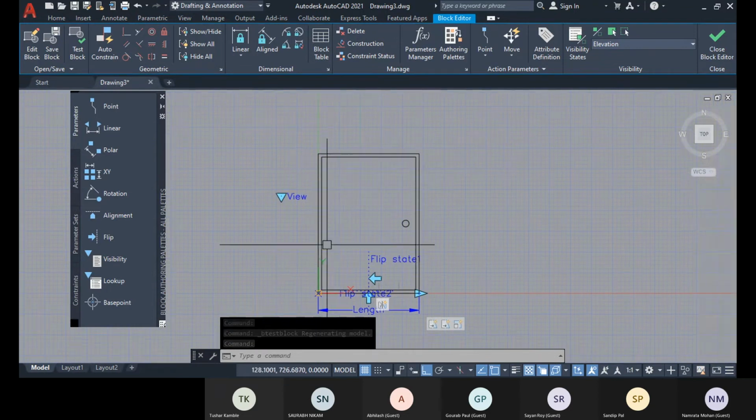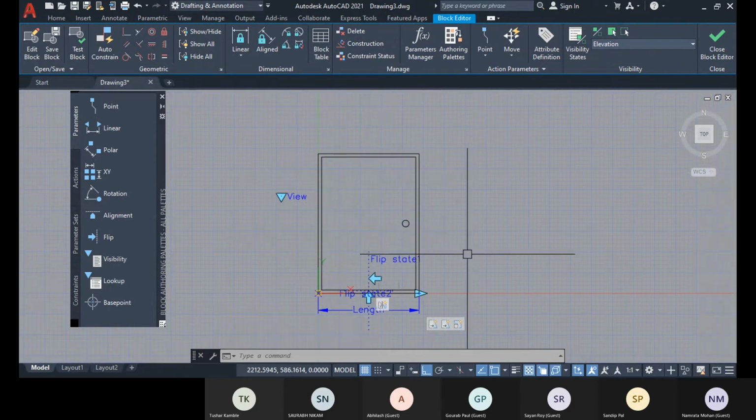All right, so I think you have the idea. So that will be the task for you guys, that you don't have to place with plan and elevation. You have to specify with 30°, 45°, 60° and 90°. With different visibility options, you have to show me these different swing angles. Okay, so that you have to do.